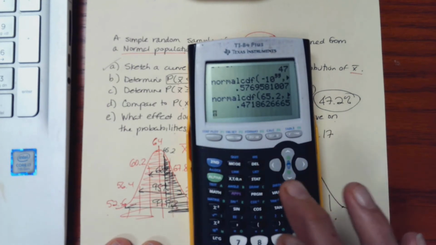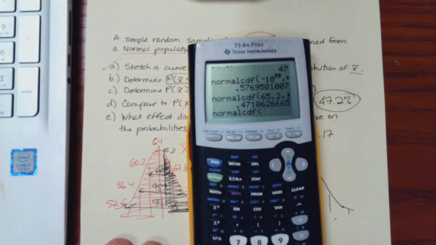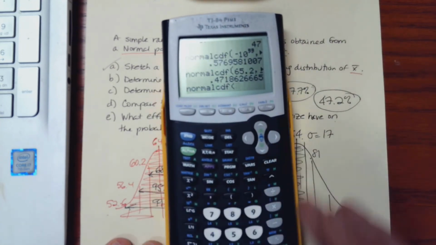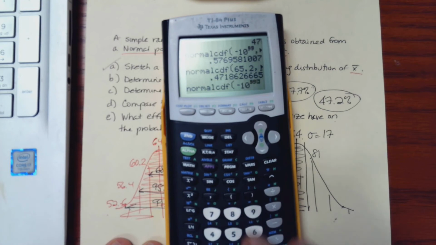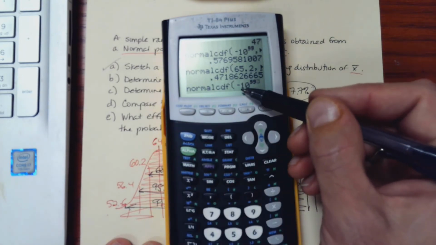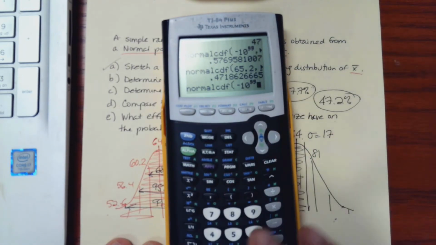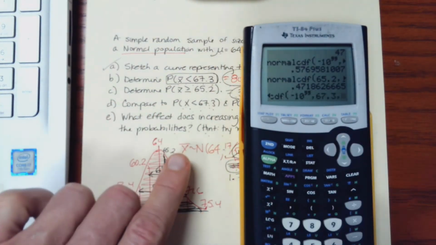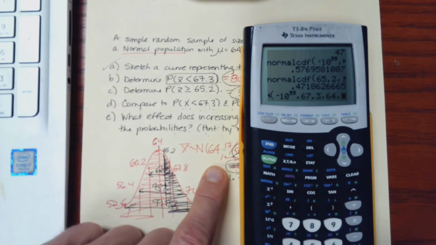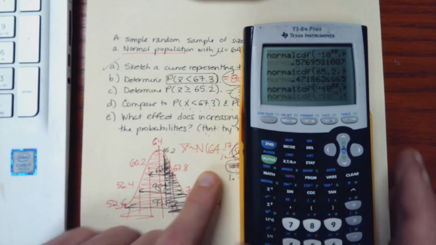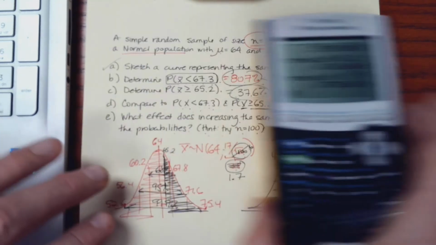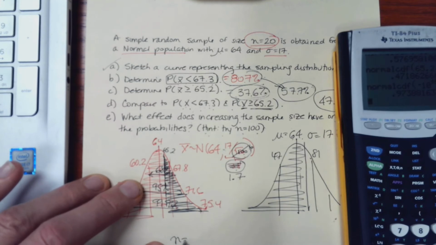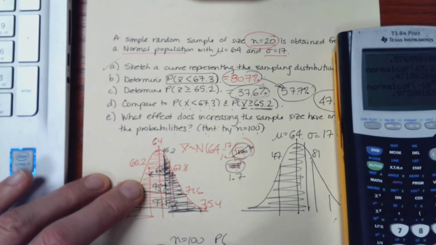So I'll go back to my distribution function, the normal CDF. Now less than 67.3, so I'm going to need to start at negative infinity. Again, I'm tricking my calculator by using this very large negative number. And the upper bound is going to be 67.3. I'm centered at 64, but this time the standard deviation is 1.7. So when I change this to n equals 100,